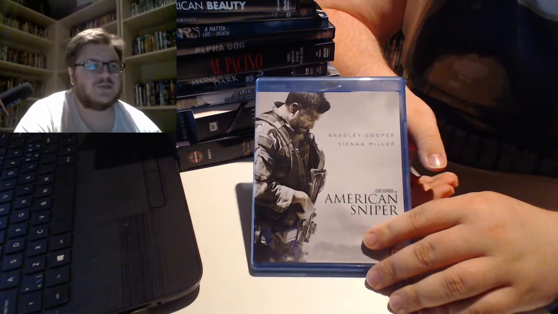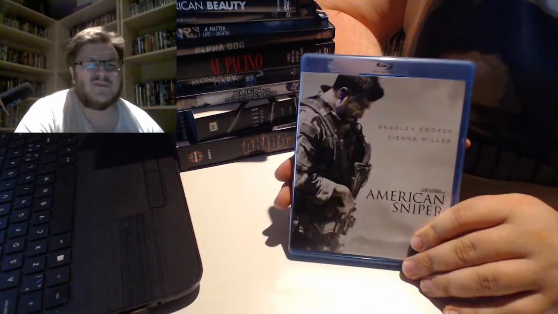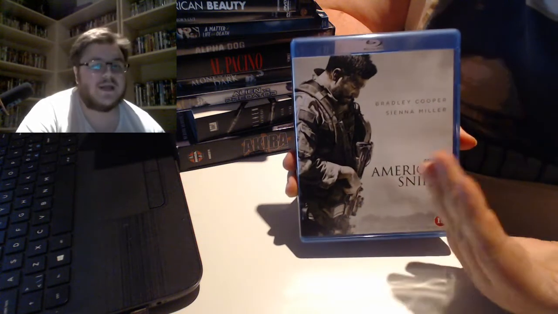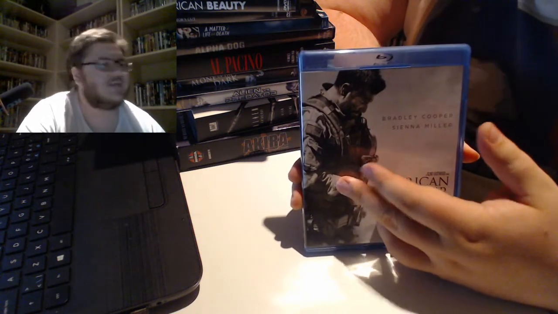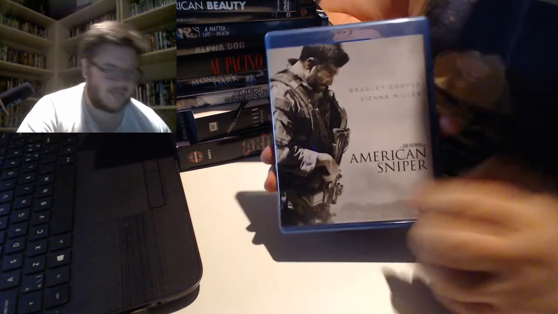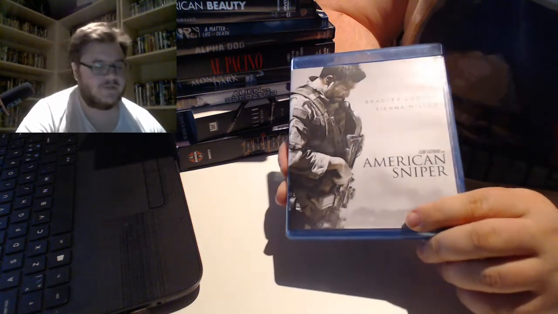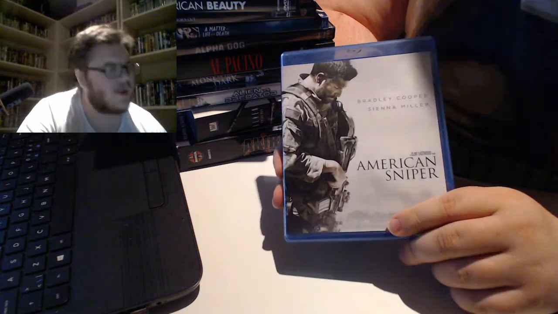Towards the end it deals with post-traumatic stress, which this American Sniper guy does. What's his name? Chris Kyle, played by Bradley Cooper, experiences a lot of PTSD after 4 tours in the Iraq War, Afghanistan.